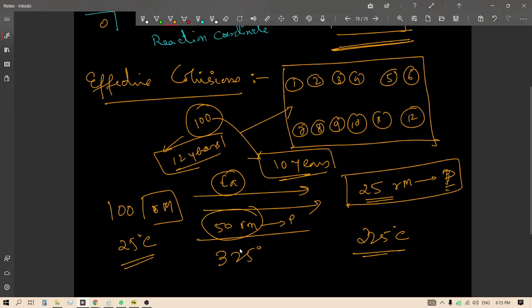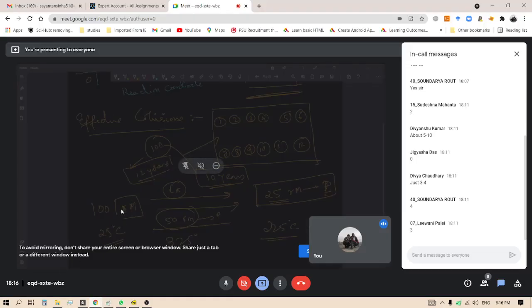So I can think of activation energy like this: the total amount of energy which is needed in order to increase the energy of the reactant from its potential energy to the point where it undergoes effective collision. That is called the activation energy. Am I clear? Yes, sir. Good. So I hope the concept of activation energy is clear. I've tried to give some examples. I hope it is fine, right?